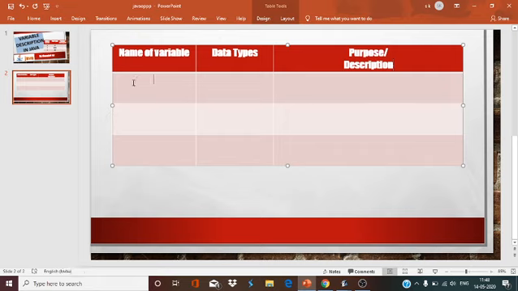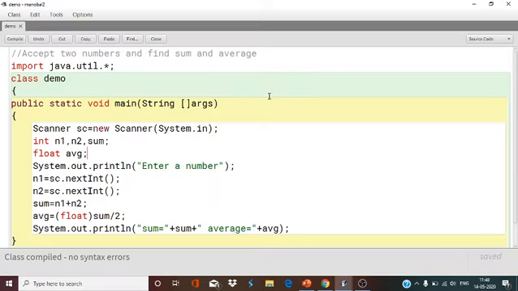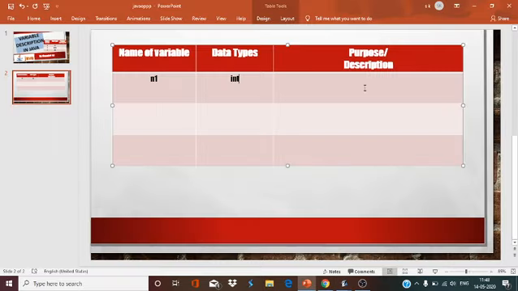Three columns will be there. Don't forget this. Always remember: name of variable, data type, and purpose and description. So the name of variable is n1, and the data type of n1 is int. So I will write int, and here I will write the description, why I have declared n1.